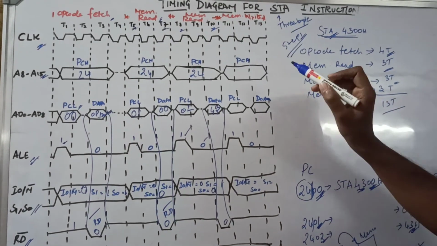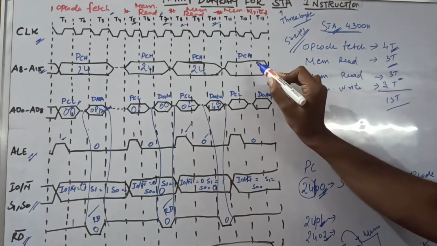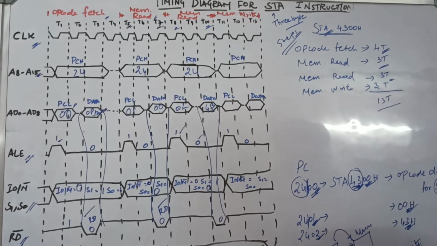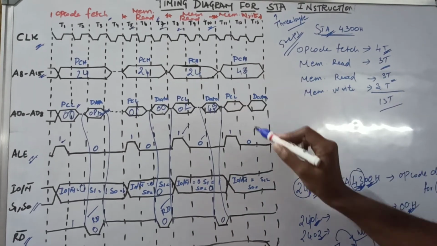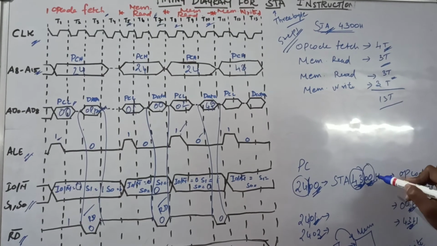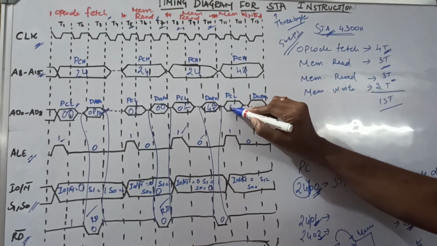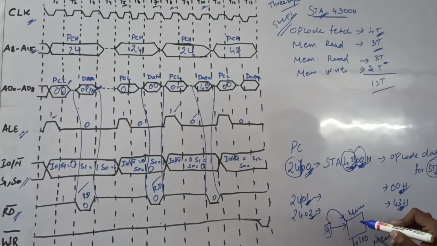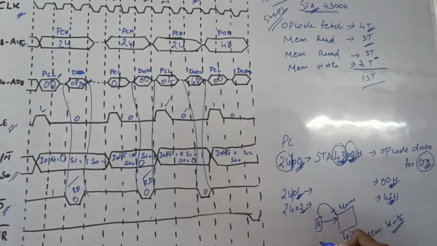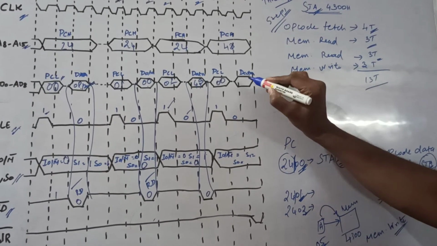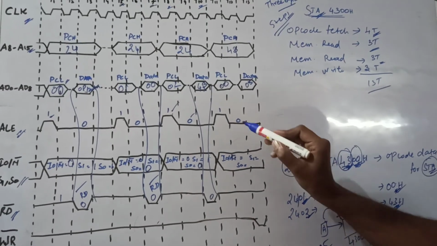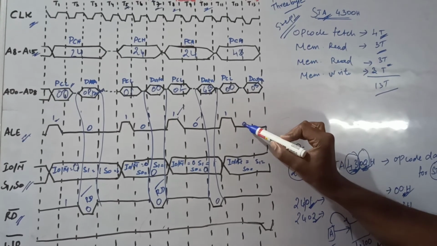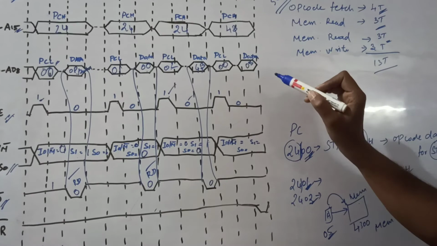So the last one is the memory write function. The program counter higher order address location is 43, so you consider the specified memory location 43. Then the program counter lower address location you get from the specified location, 00. After that, whatever data is present in the accumulator, that value moves to the memory location. I consider the accumulator value is 05, so the data value is 05. ALE equals 1 at that time, you can read the program counter lower order address location, then it goes to 0. In this time you can get the data value.